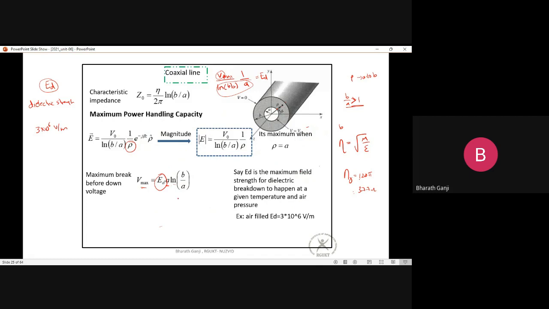So if this is the maximum voltage that you can apply, then what is the maximum power you can have? Because this is nothing but a transmission line. So on your transmission line, the time average power is nothing but voltage square divided by 2 times the characteristic impedance Z naught. So if I substitute that, you can see that the formula for the maximum power handling capability is pi A square ED square by eta into ln of B by A. So if you look at this,